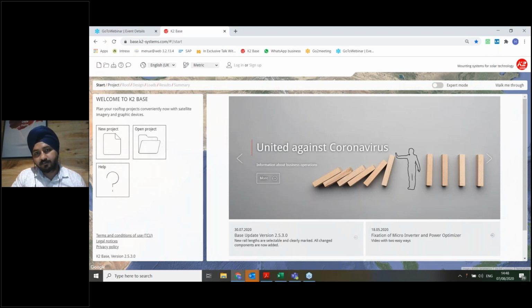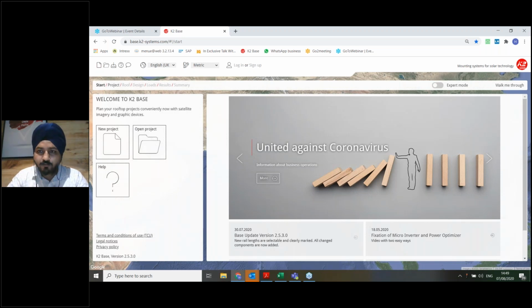You can see our history. We are a company since 2003, so already 17 years of experience, and we have great technical know-how. Some years back, we developed an online tool that makes the task of planning, especially the mechanical planning, easy. So now I will be showing you how to do this mechanical planning.